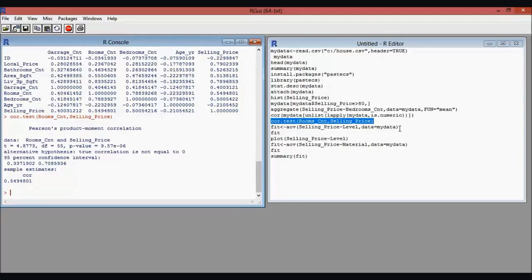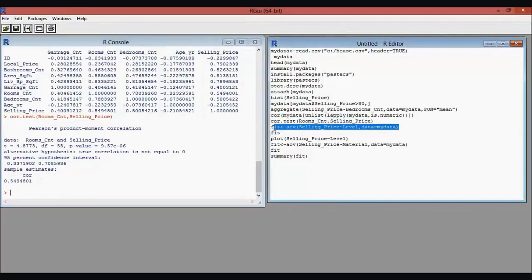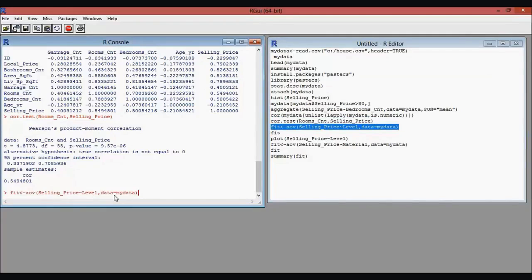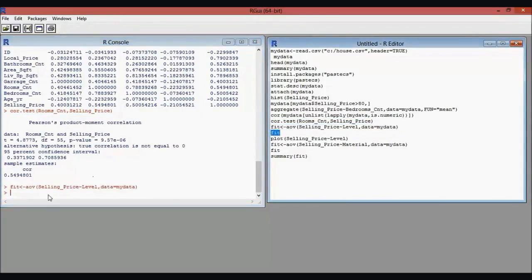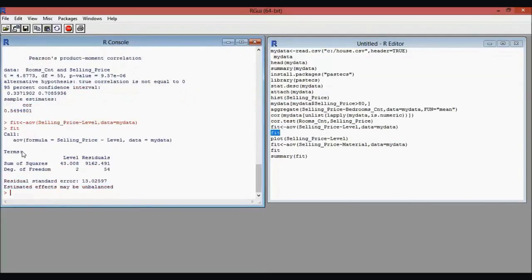Let us first test the means per the level variable and store it in a variable called fit. So we type fit equals aov of selling price tilde level, data equals my data. Now type fit and we can see the ANOVA result. The first factor we can see is sum of squares. It is the deviations from the sample mean. From the ANOVA result between selling price and level, the sum of squares value is 43, and the residuals is